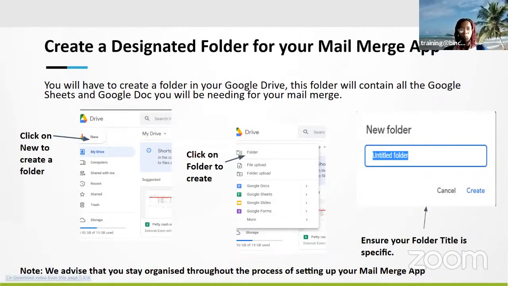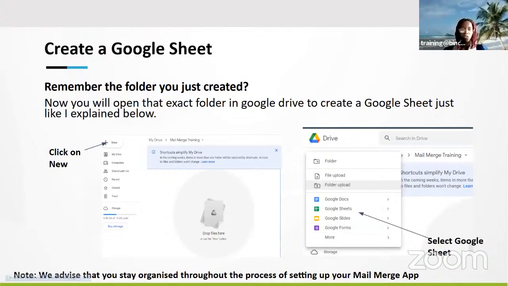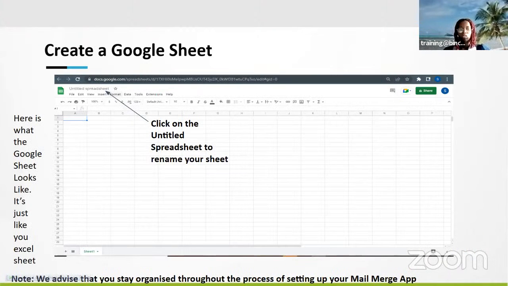And the first thing we need to do is to create a folder. You're creating a folder if you need to send attachments to any emails as well. Once you're intending to use the mail merge, you need to name that folder whatever you need. For this, we have the mail merge training, and then create a Google Sheet. The Google Sheet is just where we outline whatever we need on that document outline. You need to also name that Google Sheet just for you to keep track of it.